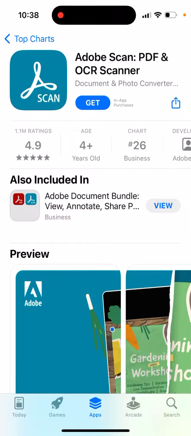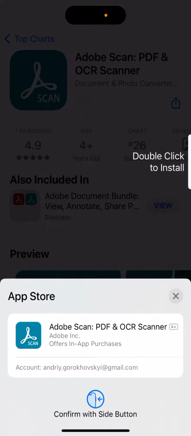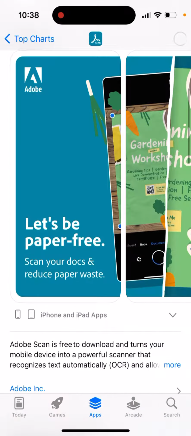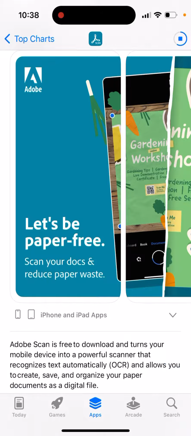So here's Adobe Scan PDF and OCR Scanner app. It's one of the top apps in this category developed by Adobe. It has 1.1 million ratings. It's pretty cool. Adobe Scan is free to download and turns your mobile device into a powerful scanner that recognizes